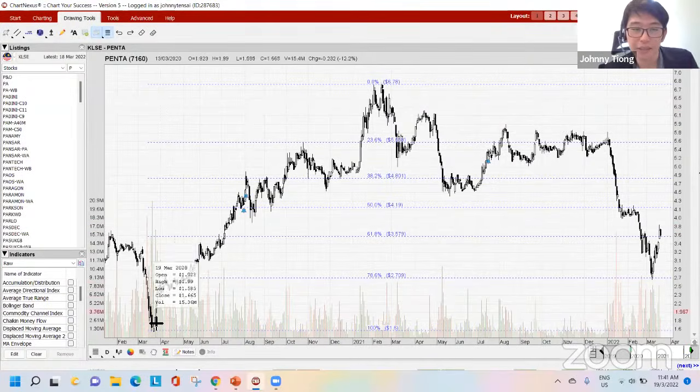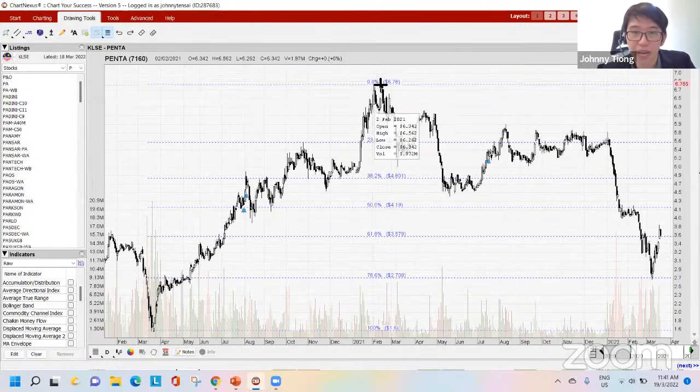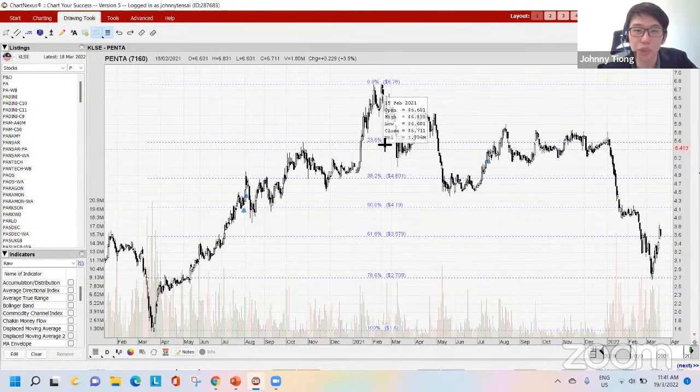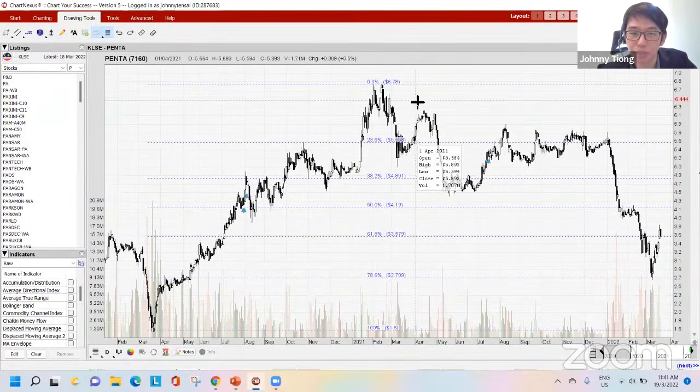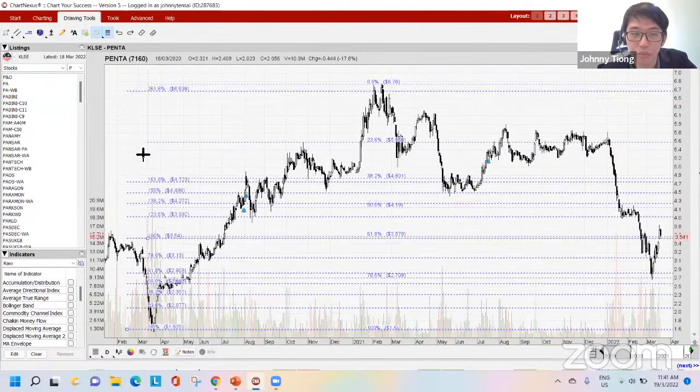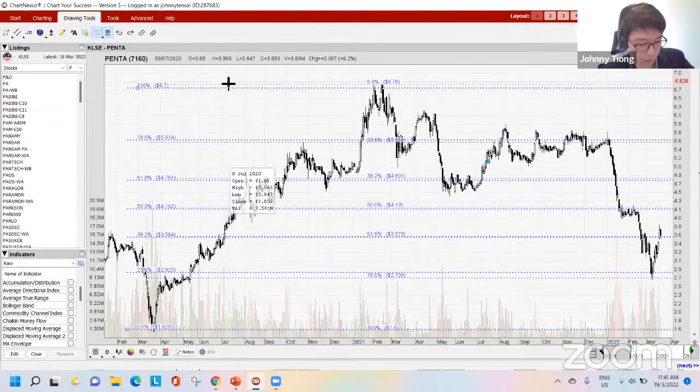For example, this Penta went up to 100, the highest point, and it already retraced 23% from the top. It retraced 38% from the top. It retraced 50%. So if I draw from bottom to up,